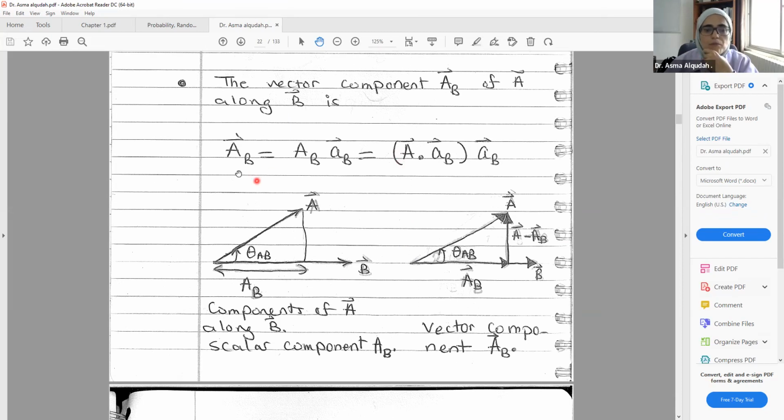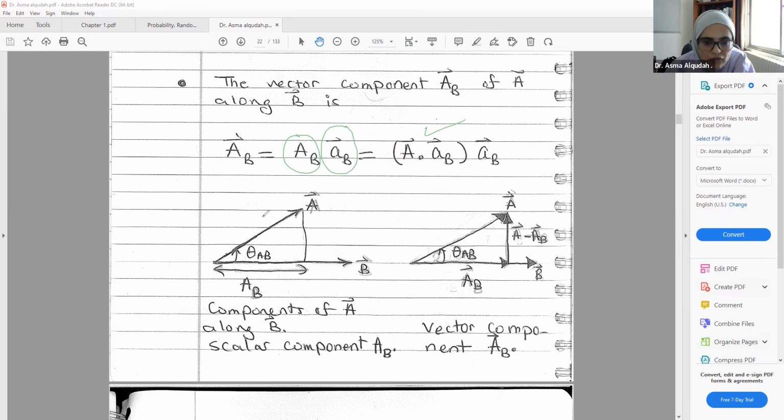And the vector projection of A along B has the same magnitude as the scalar projection, but we add a unit vector along B to give the scalar quantity a direction. Okay. Now,